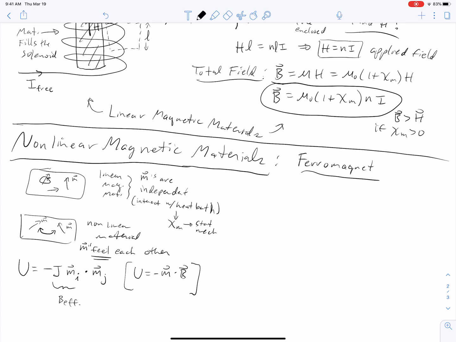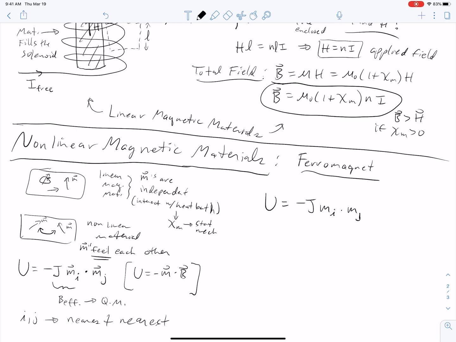Now where does that effective B come from? It's complicated. There's lots of physics there, lots of quantum mechanics and complexity that we will ignore. But we'll just take it for granted that in some situations there is an interaction between the magnetic moments. And so we can think of i and j as nearest neighbors. For example, in a material, they might be atoms, and they would be the adjacent atoms as one example. And so what that means then is if I have U is equal to negative J